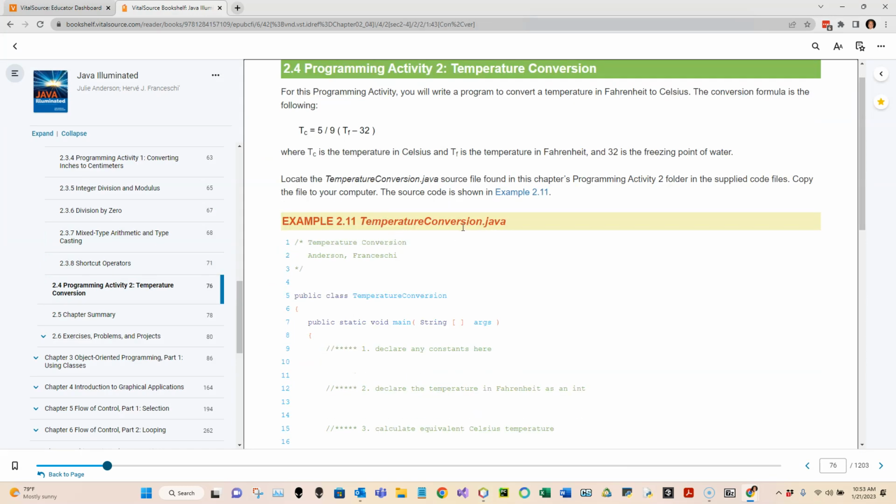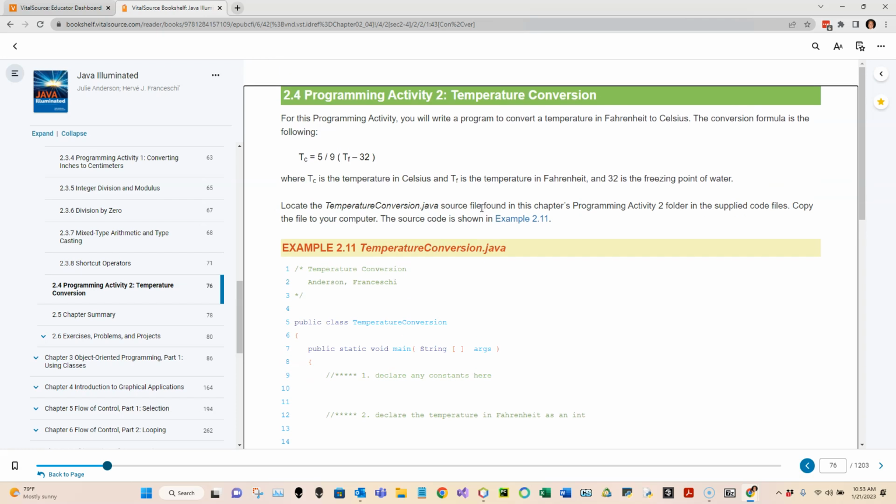Oh, right, temperature conversion. So here, a lot of students get a little nervous about math when they're presented with these formulas. But the key to this formula here, and what a lot of students don't realize, is this 5/9, and then there's parentheses here. In algebra, it's implied that there's a multiplication symbol here. This is 5/9 times Fahrenheit minus 32 in parentheses. So there is a hidden multiplication operator here that we need to use in order to get from Fahrenheit to